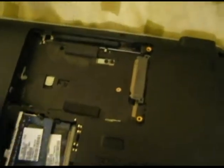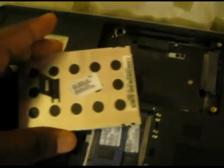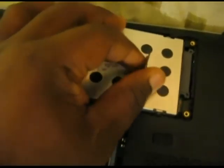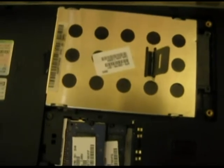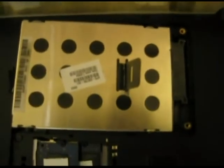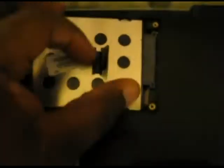So what I'm going to advise to do first is that if you have any files on your hard drive, before you do this, make sure you take out your hard drive, or if possible back it up from the computer. Like say you don't have too many files on the hard drive, you could back it up to a flash drive before you start copying. But in my case, I have a lot of files on this hard drive, so what I'm gonna do is